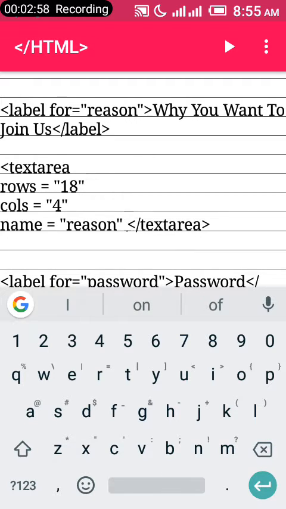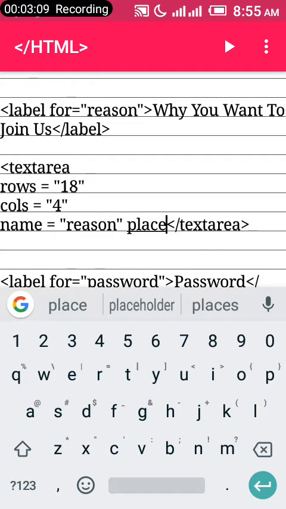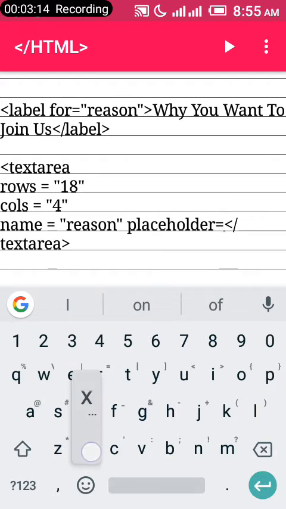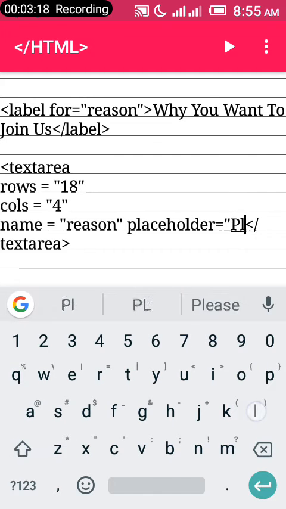And then this time around, instead of typing it as plain text, remember, use the placeholder property of HTML. So type place. I'll take the video really slowly for you beginners to be able to understand. So set placeholder. Set your placeholder to please